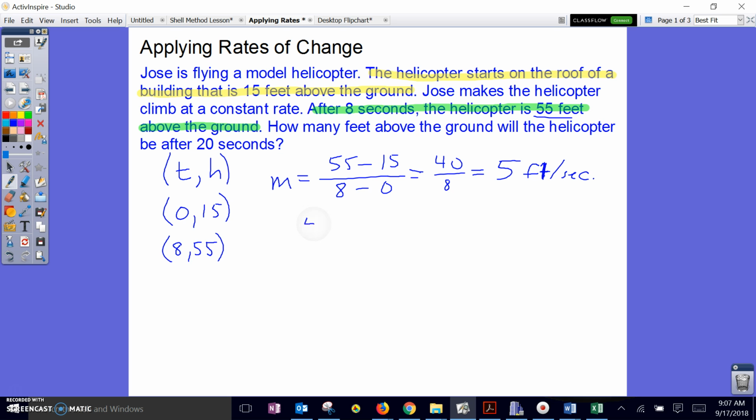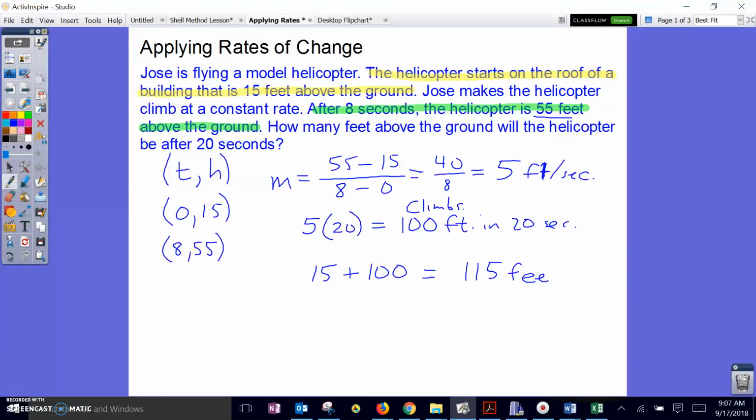I'm going to take my rate that he's having the helicopter climb and multiply it times 20 seconds. And so the helicopter climbs 100 feet in 20 seconds. It started 15 feet above the ground. So at the end of 20 seconds, the helicopter will be 115 feet off of the ground. All right, next example,